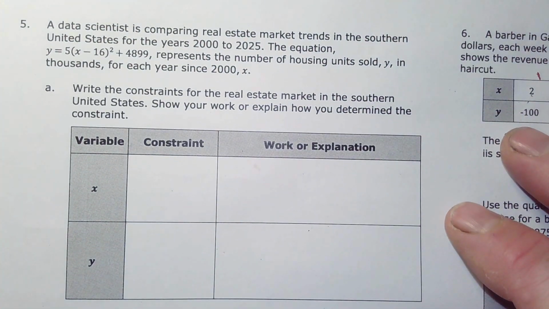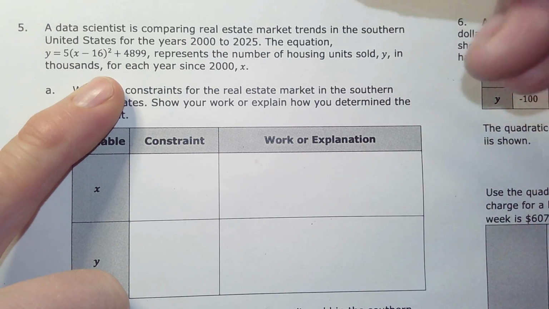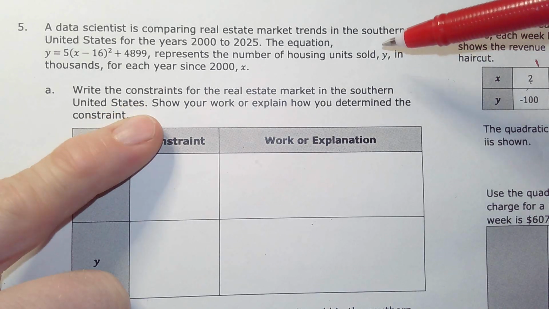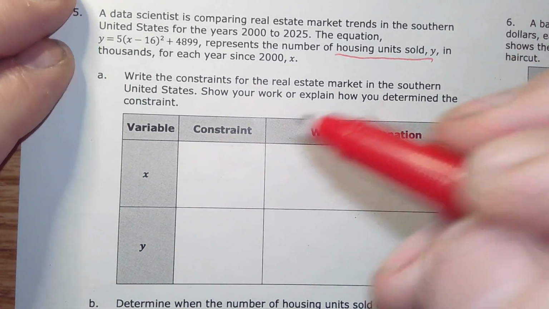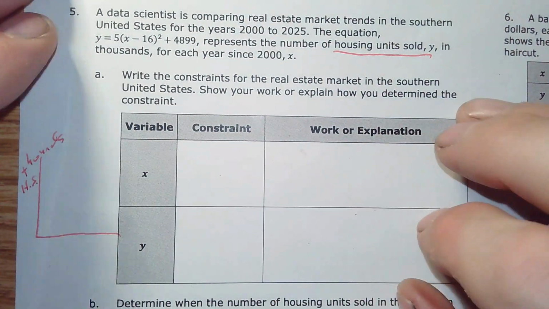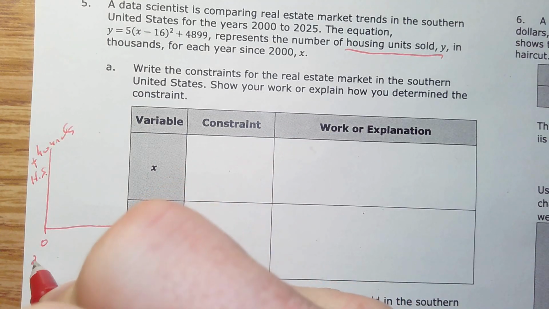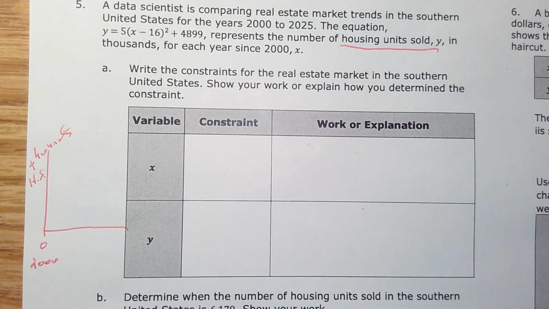Okay, moving on to number 5. All right, looks like I have this equation that represents the number of housing units sold, Y in thousands. So the number of housing units sold, it tells me, is Y. Let me make a note in the margin here. This is the thousands of houses sold. And then this is year 2000 or year 0, and X is the years since then. And it's saying, hey,